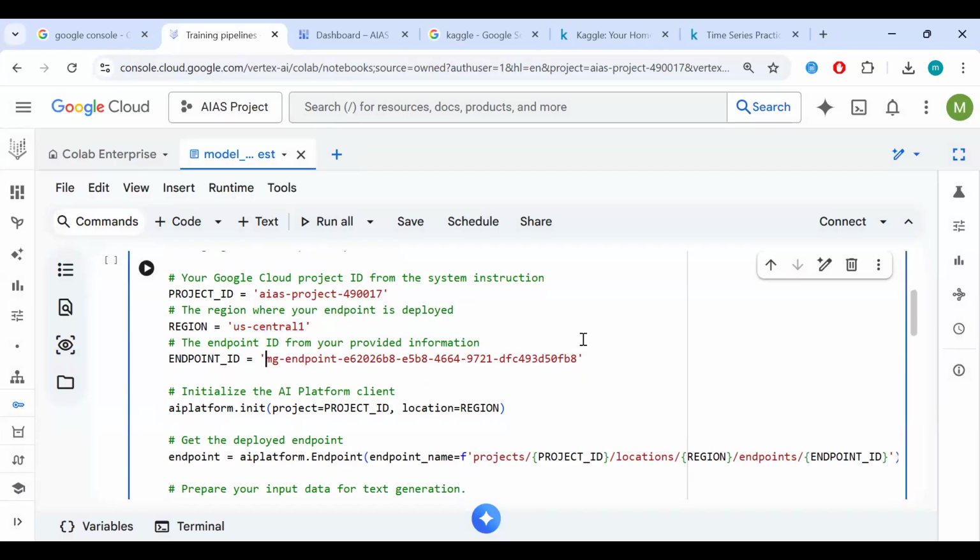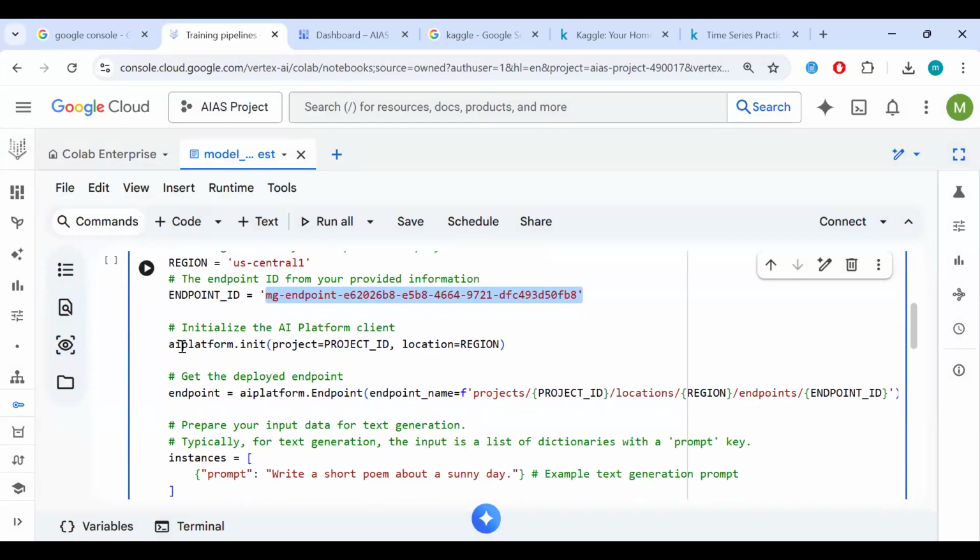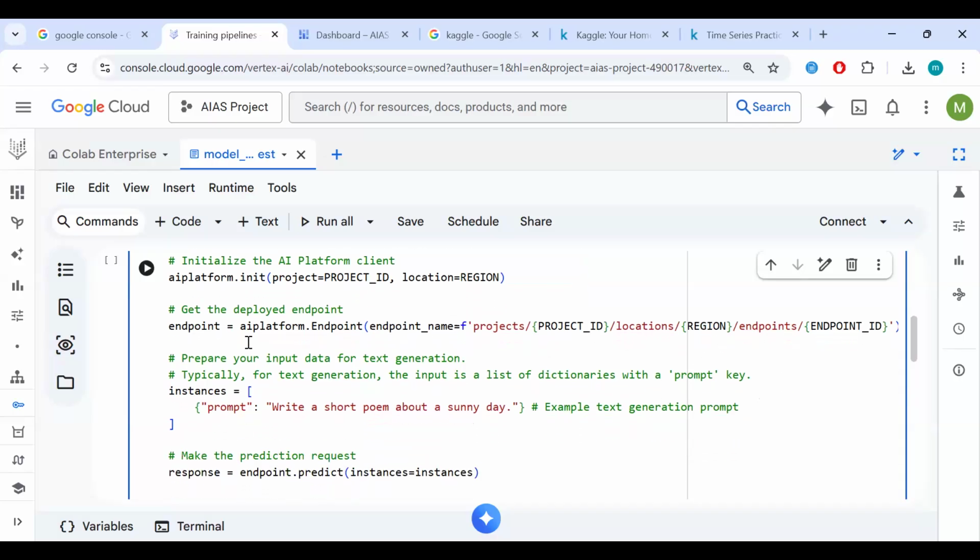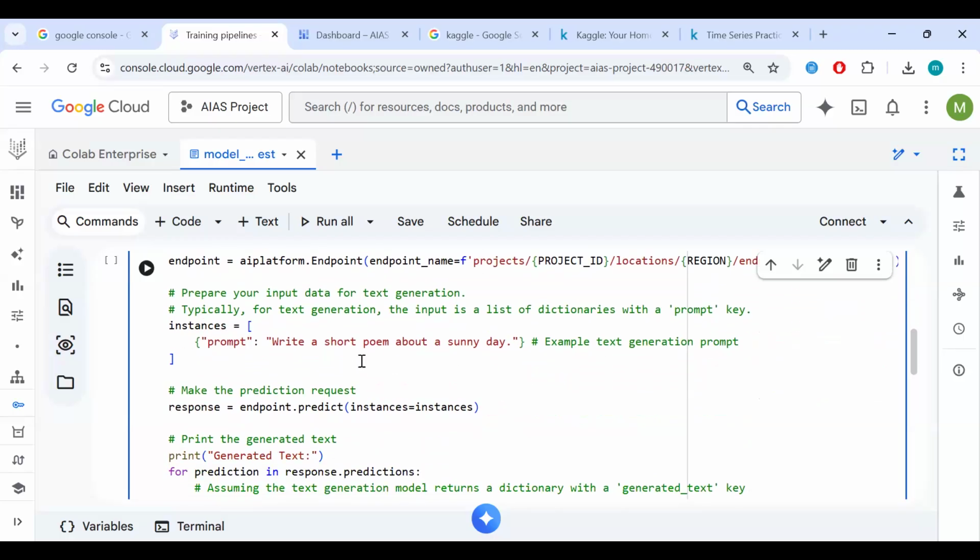This is the model endpoint, and this is where you see when you look at the information on our model before. So then you initialize the client, aiplatform, initialize project ID, set the parameters, location, and then your endpoint is your AI platform endpoint name, project ID, location, endpoint ID, and then your instance.